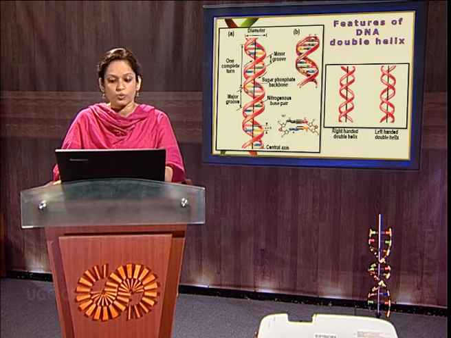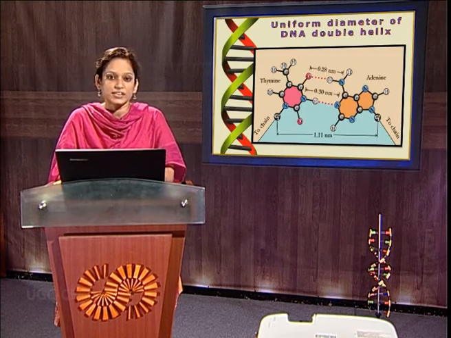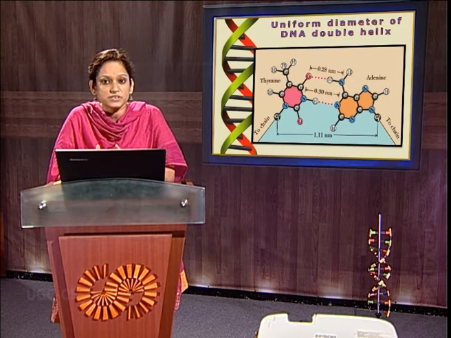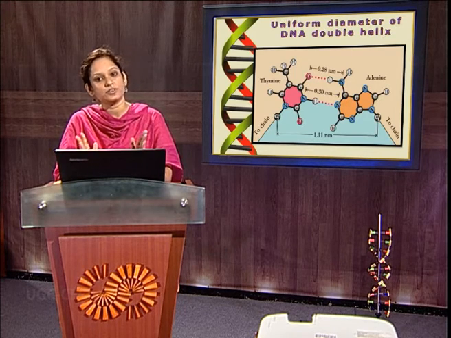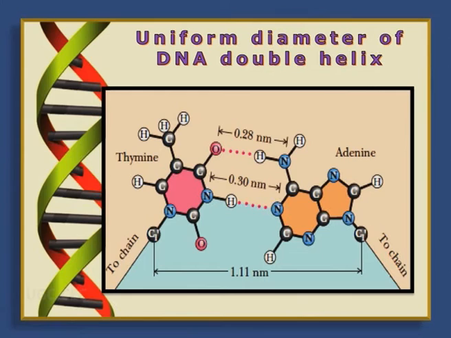Why is it so? The next few slides will explain the structural properties of this DNA secondary structure. So first let us start with the diameter. The diameter of the DNA double helix is uniform, meaning it is of fixed diameter throughout the length of the DNA double helix, that is 20 angstrom. Now, if we measure the distance between the C1 prime carbon atoms of deoxyribose moieties of adenine-thymine and guanine-cytosine, it always remains the same.